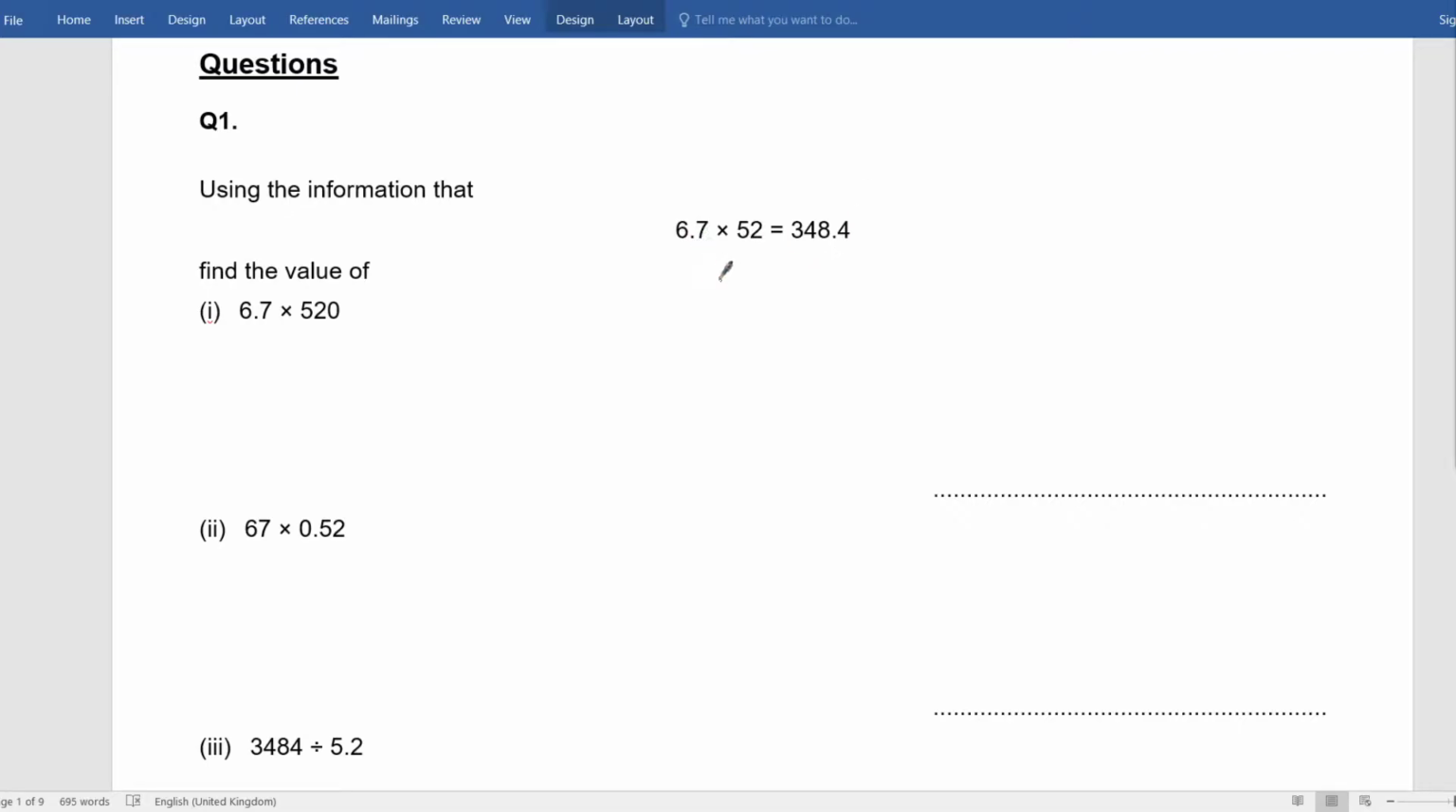Use the information. So we've got this information with 6.7 times 52 equals 348.4. Find the value of 6.7 times 520. Now what's happened here is this has remained the same, however this has become 10 times bigger. So if this has become 10 times bigger, the answer will end up 10 times bigger. Okay, so if I get 348.4 and multiply that by 10,